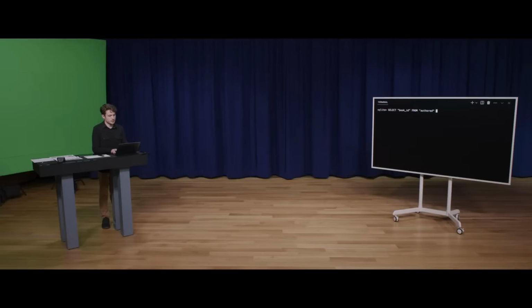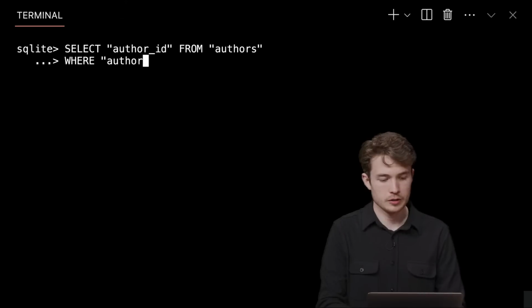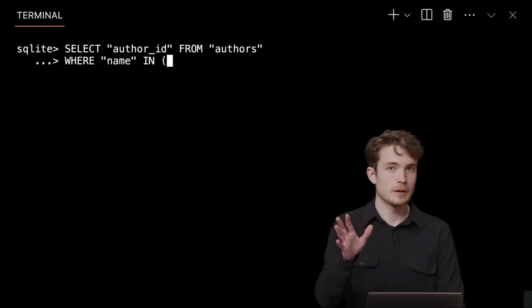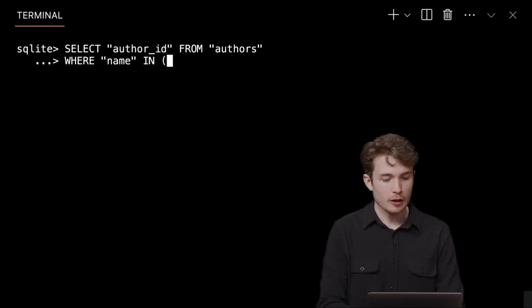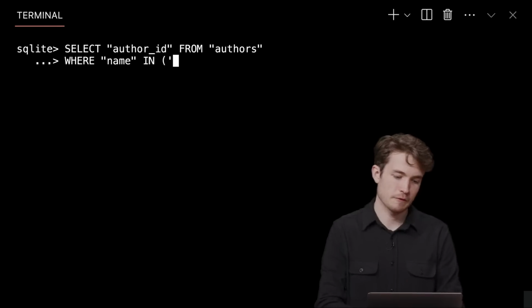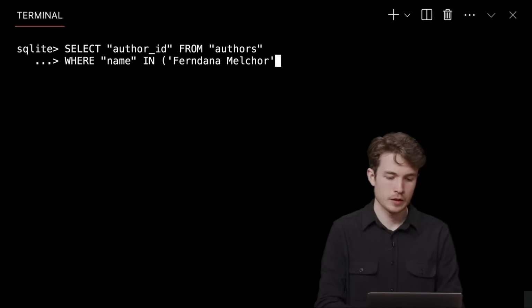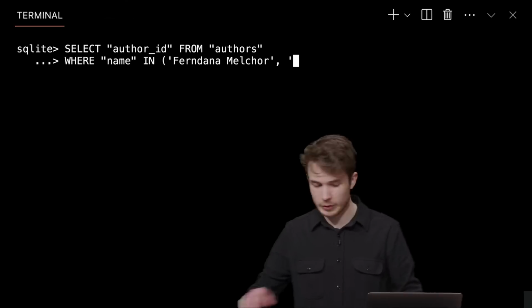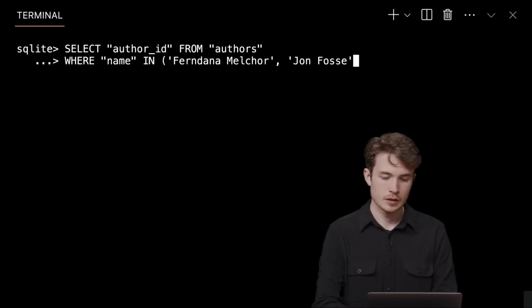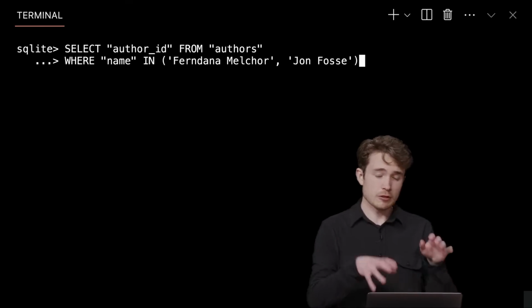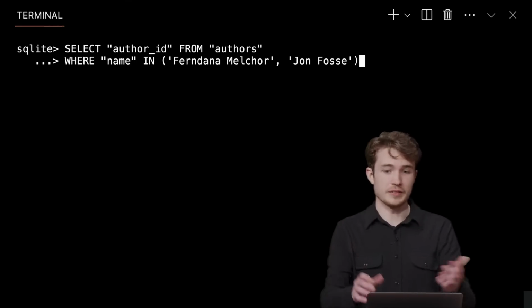let me try this instead. Let me find the author IDs for multiple authors. So I'll say select author ID from the authors table, where the name is in this set. So notice how I'm still using where, but I'm now also using in. And I'll give it some set of authors like this. I'll say maybe Fernanda Melchor, and also, let me find another author. I think we had John Foss in here as well. Something like this. So now I'm saying, as long as name is in this set of names, I can find